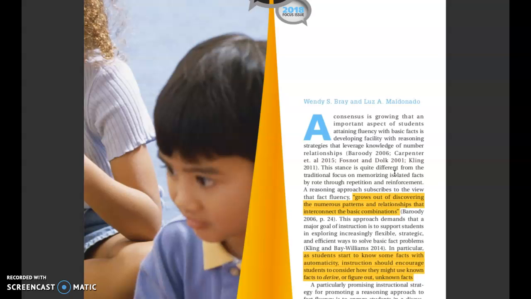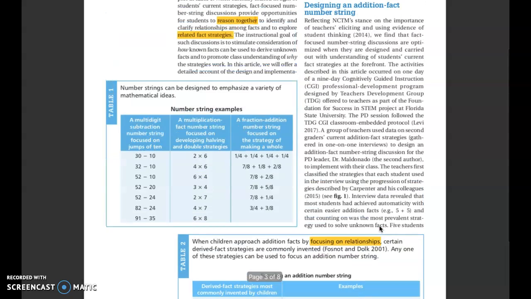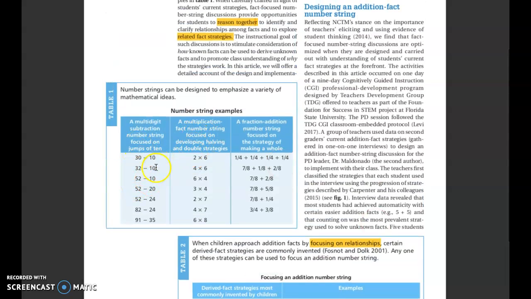The article first starts off by discussing that a reasoning approach to fact fluency grows out of discovering the numerous patterns and relationships that interconnect the basic combinations. Teachers will carefully select and sequence the problems that will elicit discussions of particular strategies. Within the article, they later discuss how teachers will want to predict what types of strategies their students will most likely fall back on. This table shows you three different